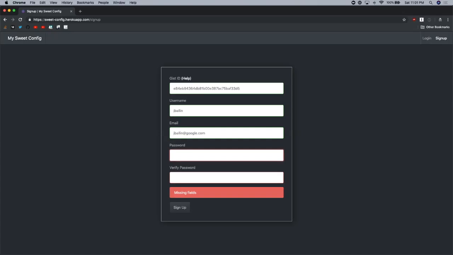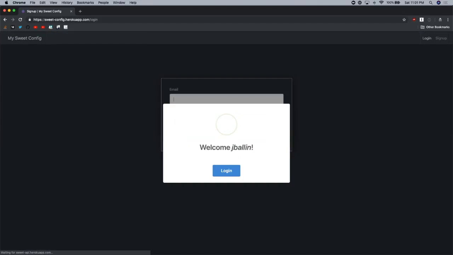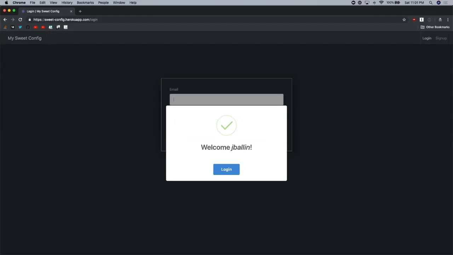Okay, now password still missing. So let's try password. That one's good, but this does not match. Now they match. Okay, so let's try signing up. You can see that there's a little spinner, and we get a sweet alert saying welcome,